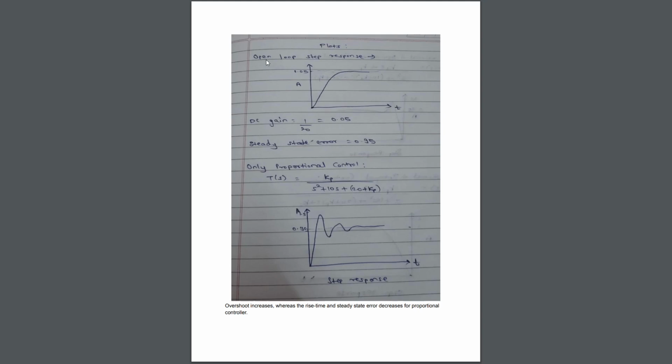However, let's see if we can further try to optimize our spring mass system. So if we introduce one more control term, that is the derivative. In this case, if we try to employ a proportional plus derivative control for our system, then the transfer function basically becomes Kd s plus Kp upon s squared plus (10 plus Kd) times s plus (20 plus Kp).